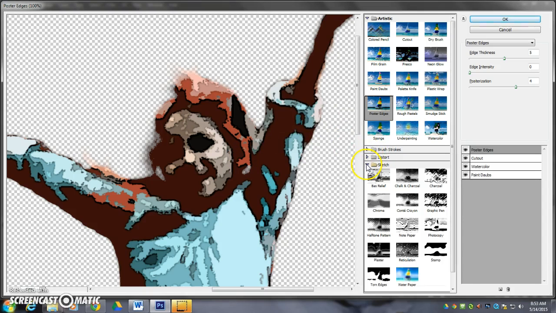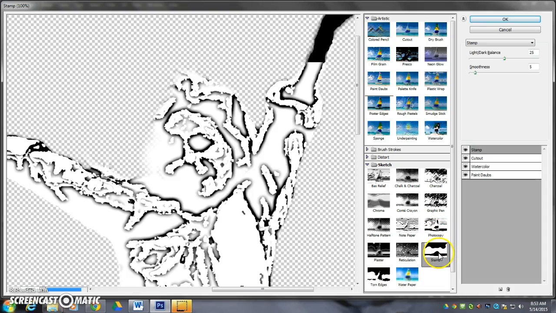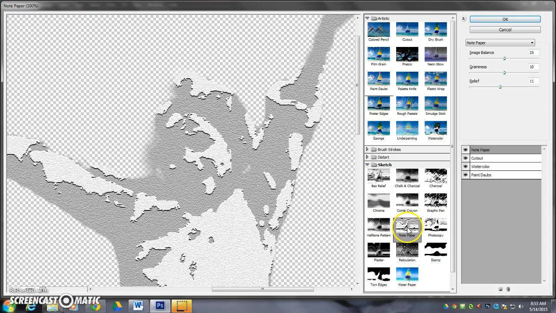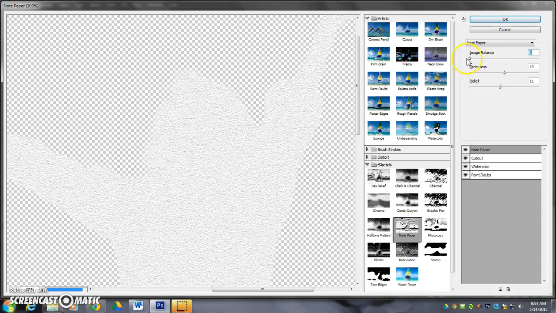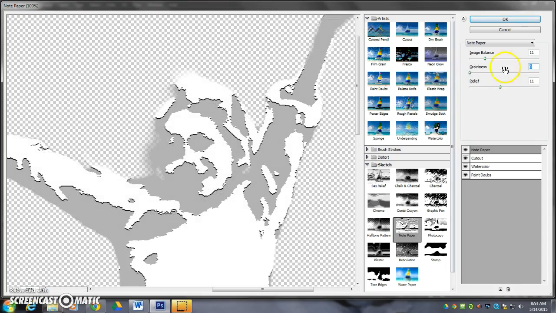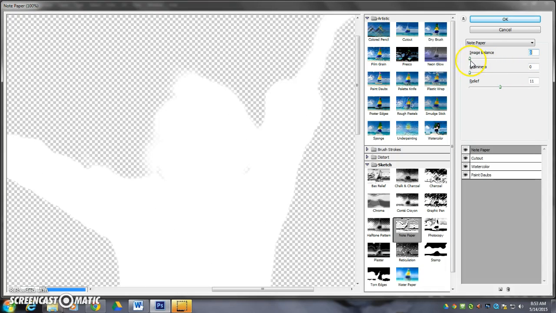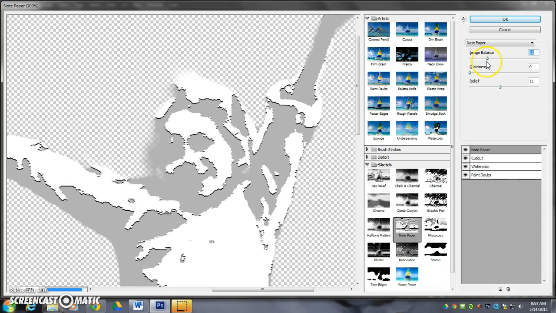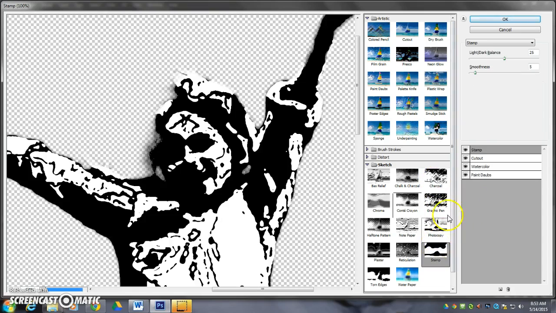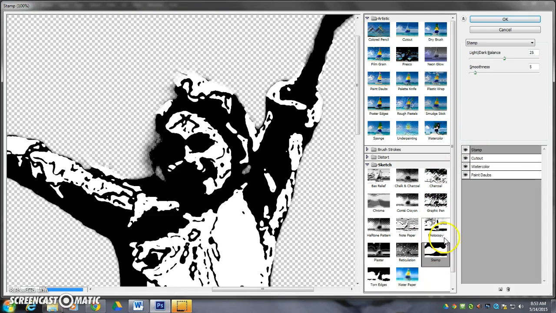I'm going to go to the sketch area and look at graphic pen, photocopy, stamp, torn edges, note paper. And if I turn the graininess down on the note paper and kind of adjust the image balance here, or on stamp,